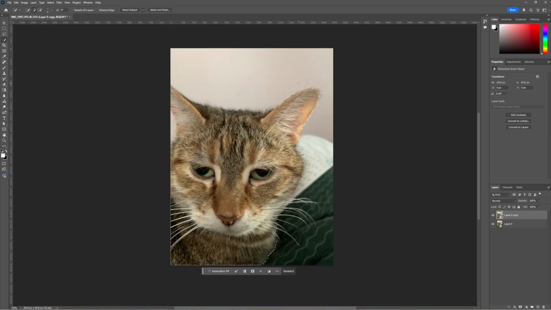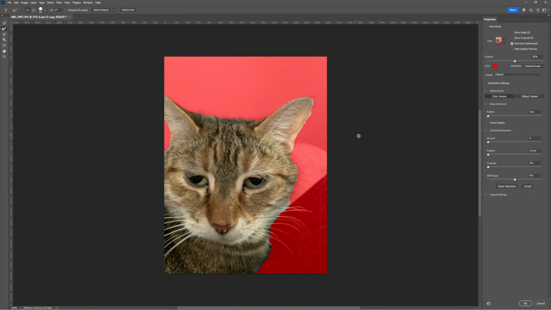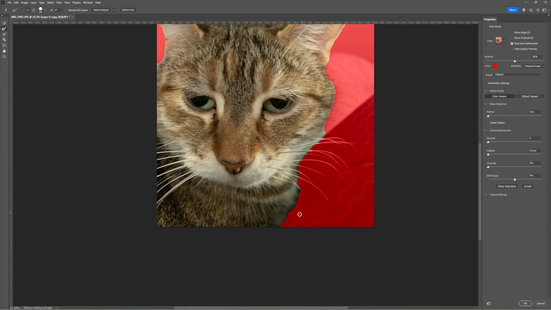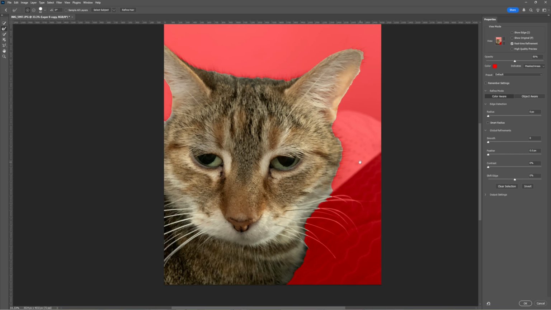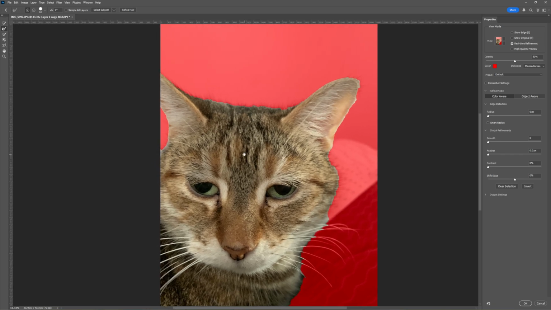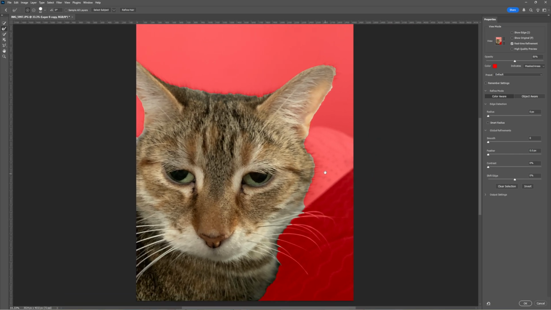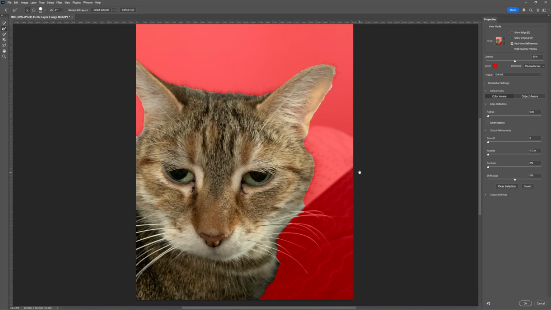So let's go ahead and hit select and mask at the very top. And this just gives us some more controls on selecting and kind of refining it a little bit. Because you can see, like, it's kind of blocky and all that. Now, this is a glorp meme. It doesn't need to be perfect or anything, but just to show you how to get a little more refined edge on everything,